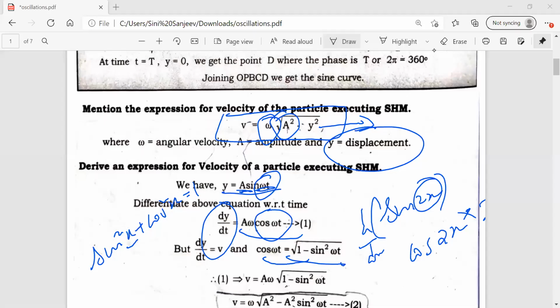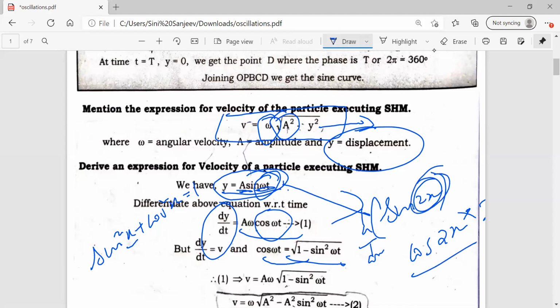Yeah. So coming to this, y is equal to a sin omega t. I told you here, d by dx of sin 2x is what? Cos 2x into 2, because 2x differentiation is 2. Instead of 2x here it is omega t. Omega t differentiation with respect to t is omega, because differentiation of t with respect to t is 1. Because d by dx of x power 1 is nothing but 1 itself. What is the formula? d by dx of x power n is equal to n x power n minus 1. That's it. Simple as that.